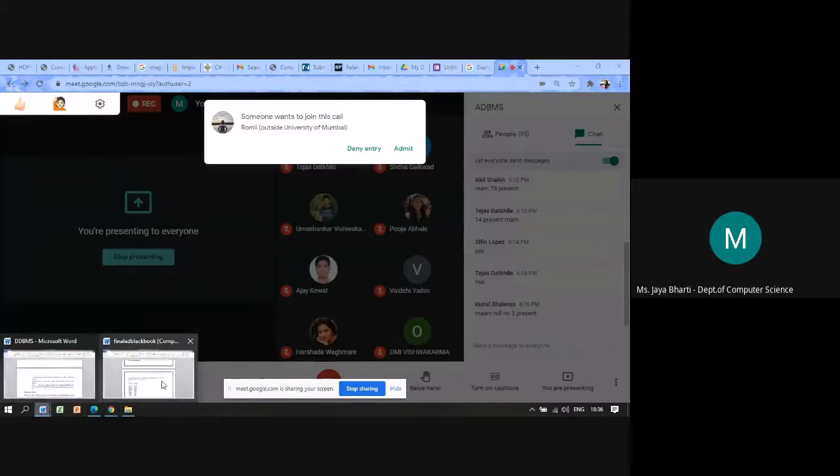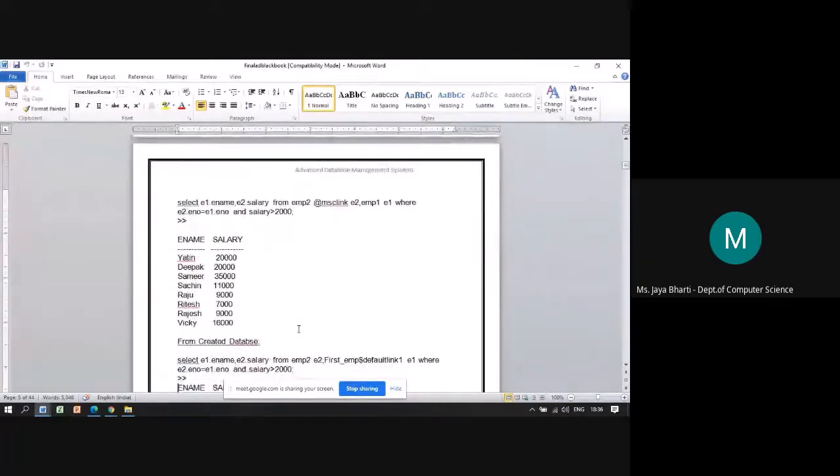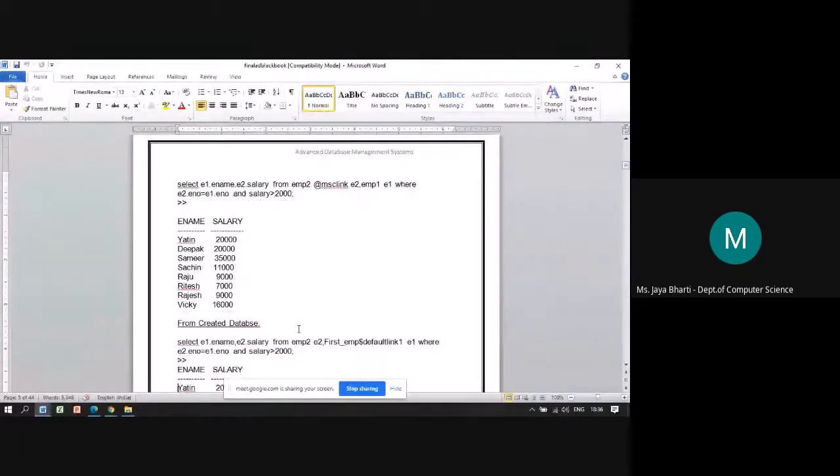So you will see the output: it retrieves the enames and the salary details of the employees whose salary is greater than 2000.